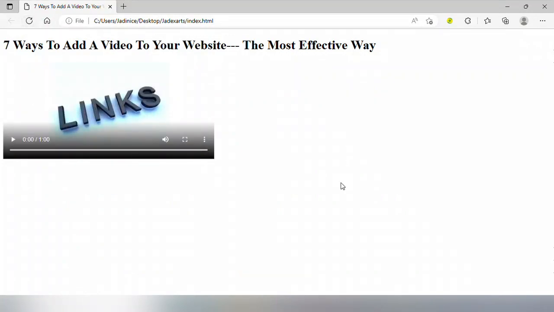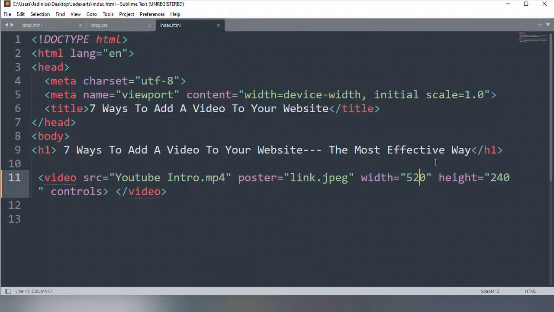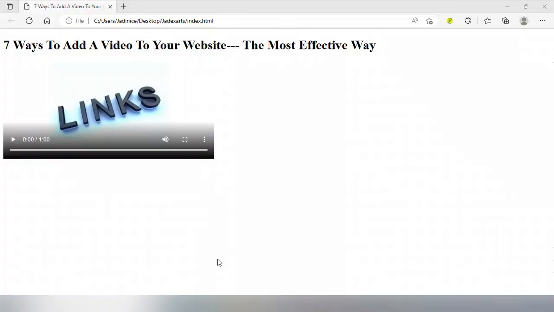So there, you can adjust the size using the two attributes, the width and the height. And you've seen that you can also change the sizing using the width. You can change it to 520, you could even increase it to 600. You could do the same for the height. You can change the height value to 300, 320, whichever one you feel the website will be better off with.